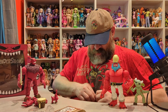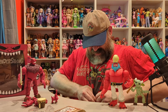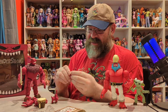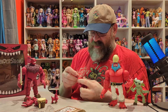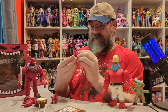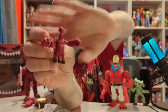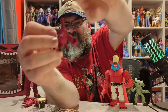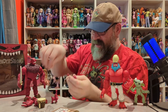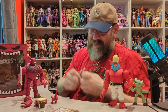They always tell you to warm their figures up because things go in better when they are warmed up. They get a little more rubbery. Alright, so there's the little fists on that. And they kind of look ridiculous, but that's kind of the whole point, is that they're supposed to be sort of silly looking. And then you can take their alternate head